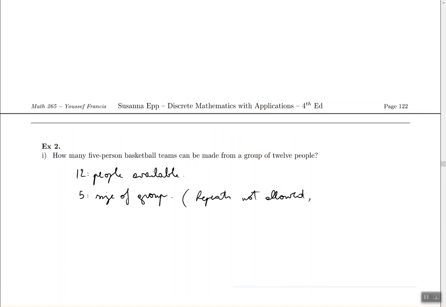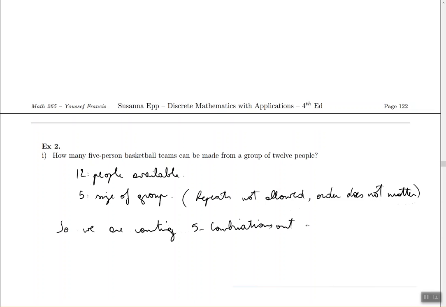And the order does not matter. If you select the person at the beginning or at the end, they're still going to make it to the same basketball team. They're still going to be playing the same game. So here the order is irrelevant. This tells me that I'm basically making combinations. So I am counting combos, so we are counting 5-combinations